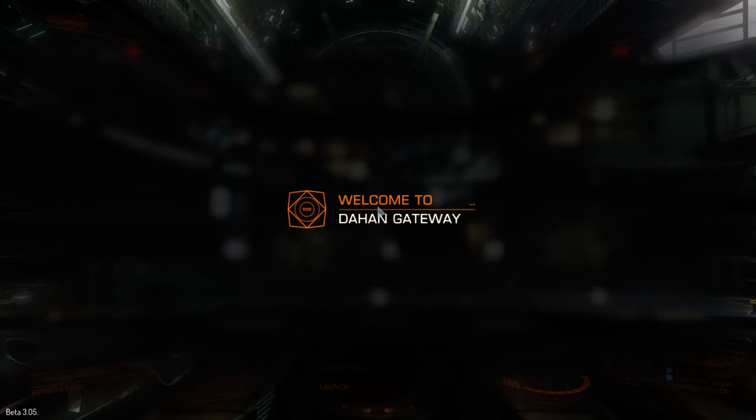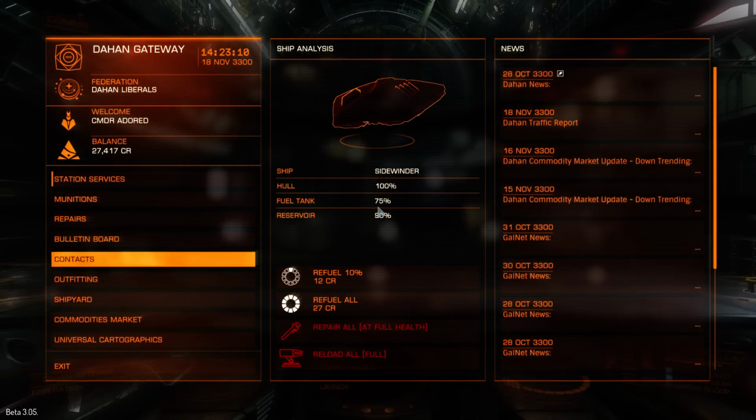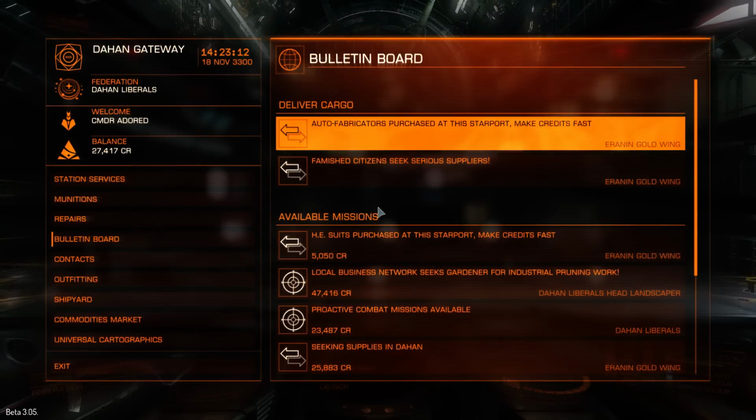Docking successful. Engines disengaged. Blocking bay access is a crime. Don't risk